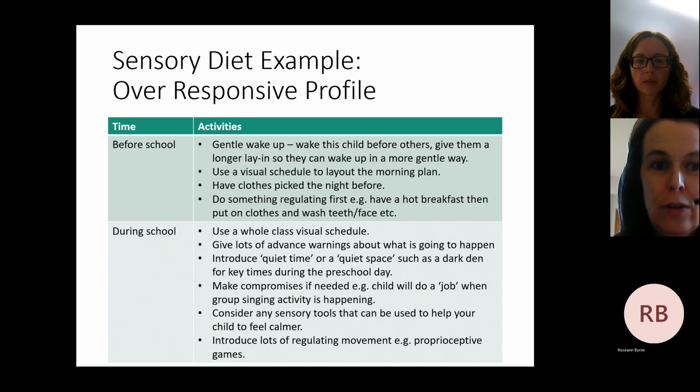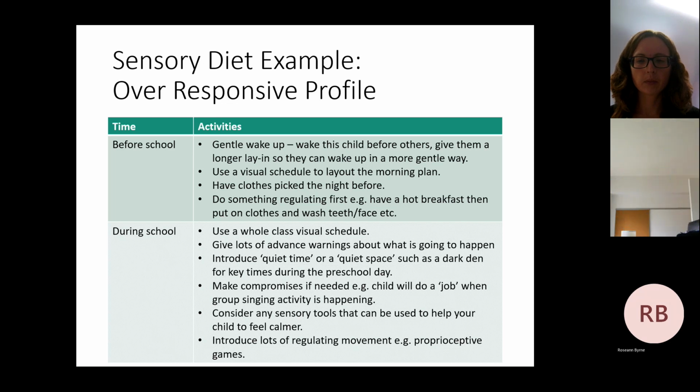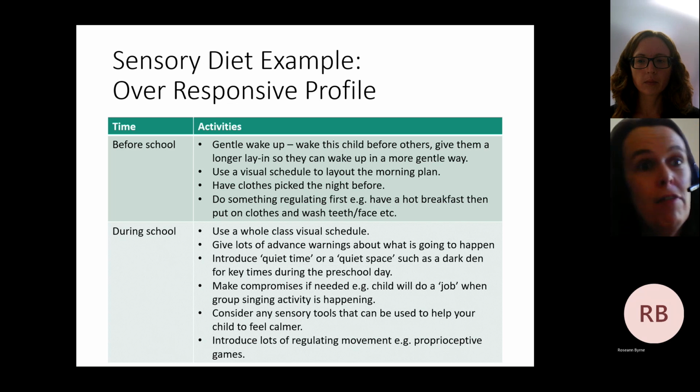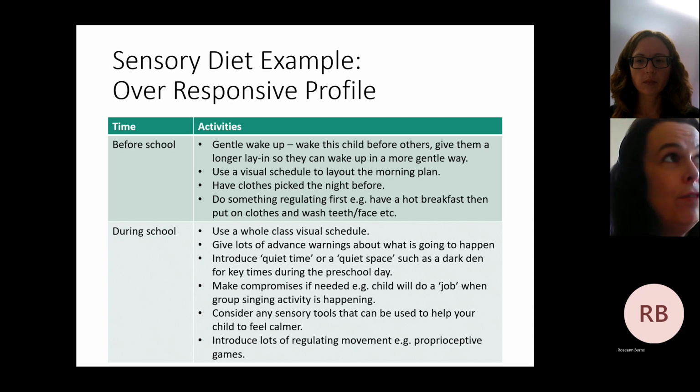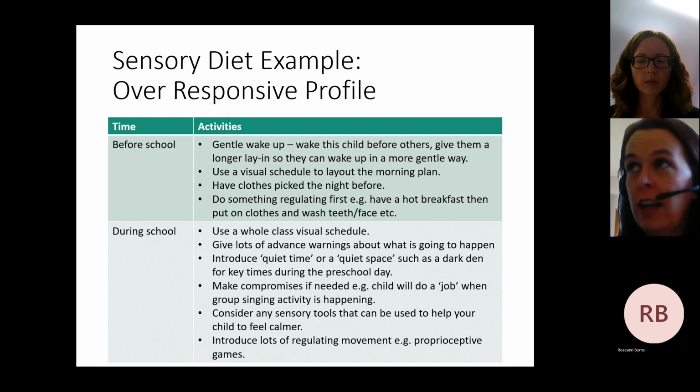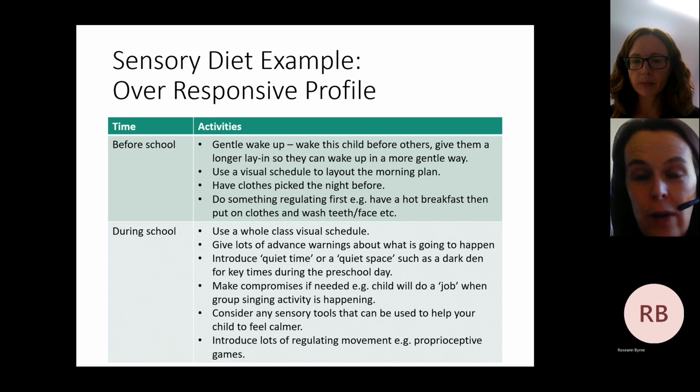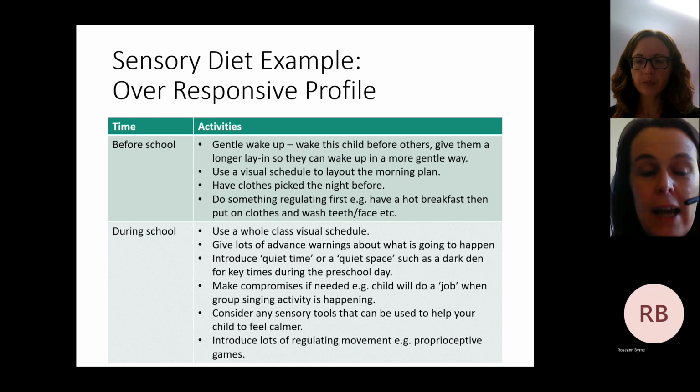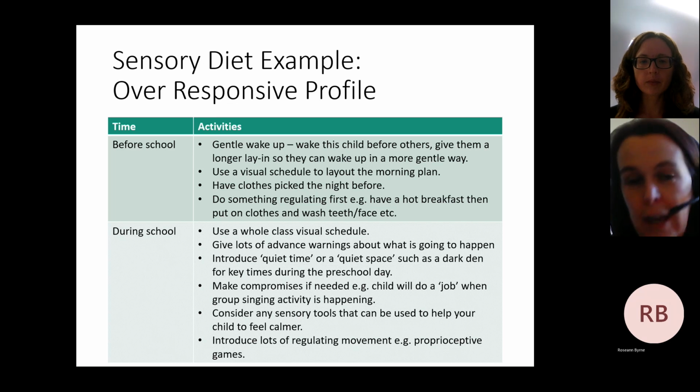So during school for this child, obviously what would be really useful is a whole class visual schedule, so one on the wall where the whole class follows it. So if our child who has the over responsive profile begins to feel anxious or a bit overwhelmed, they can check the wall themselves. Lots of advanced warnings about what's going to happen. Introduce a quiet time or quiet space, such as a dark den in the preschool day, and